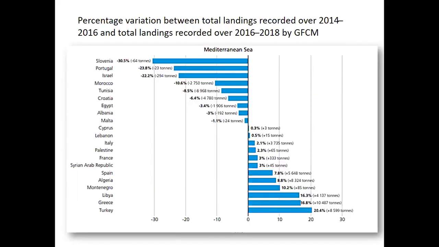And this is not totally due to the impact of acidification, climate, or other stressors. There are other factors that cause this variation, such as new fishing techniques. Some countries use more advanced techniques for their fisheries activities. Other countries are impacted by climate change, such as Morocco, Tunisia, Croatia, and Egypt, which suffer a large decrease in fisheries landing recorded by FAO.